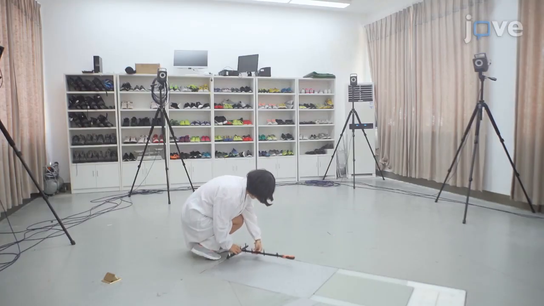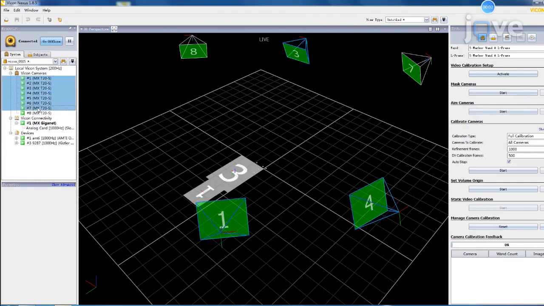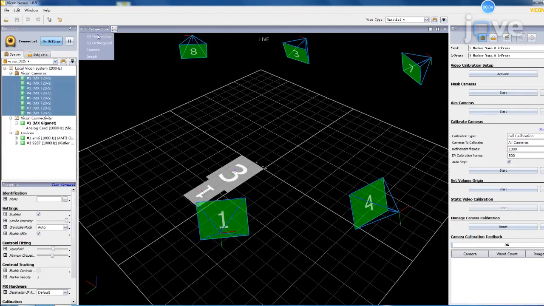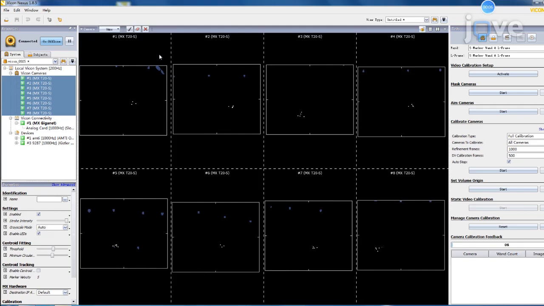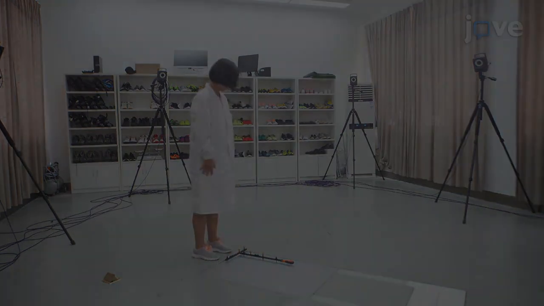Next, place the T correction rack in the center of the shooting area. After selecting 8 cameras in the system, use a 2D model to confirm that the camera can discern T correction and that there are no noise points. Then, place the T correction rack in the center of the camera area and click on